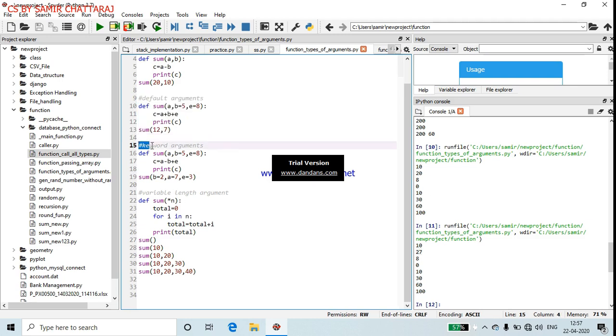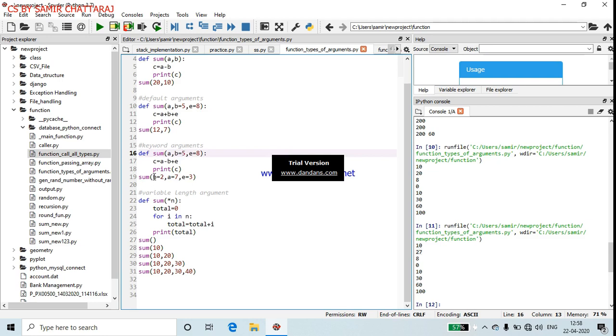The next one is keyword arguments. Keyword arguments means at calling time we have to give the keywords, means variable name. Like see here, in defining time I have taken a, b is equal to 5, c is equal to 8. Then calling time b is equal to 2. b is equal to 2 means b is at second position, but the value b is equal to 2 will go to the b respectively.